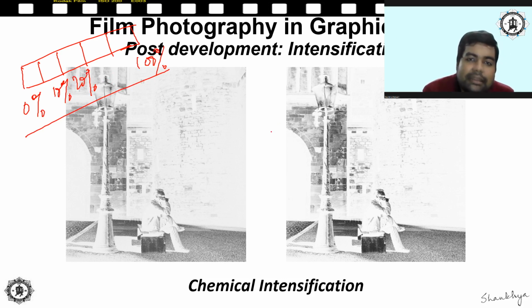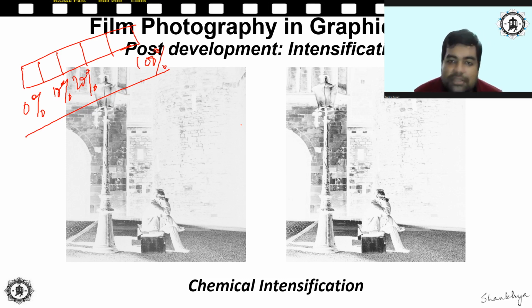Now see, this is a negative. The image that you see in front of you is a negative, so the shadow in the negative is the highlight in the positive. Hopefully that is clear. Now I am saying this in terms of the negative. You will check the shadow area, what is the dot percentage. If you see its dot percentage is maybe 70, you are not happy with it, you need to intensify it. Not dot percentage, I'm sorry, but you need to increase the density of the shadow area in this negative film.